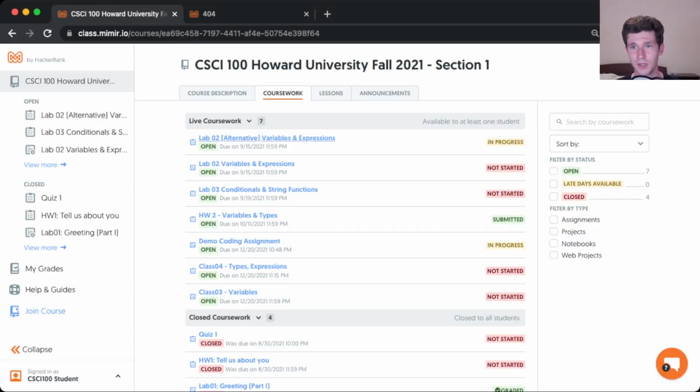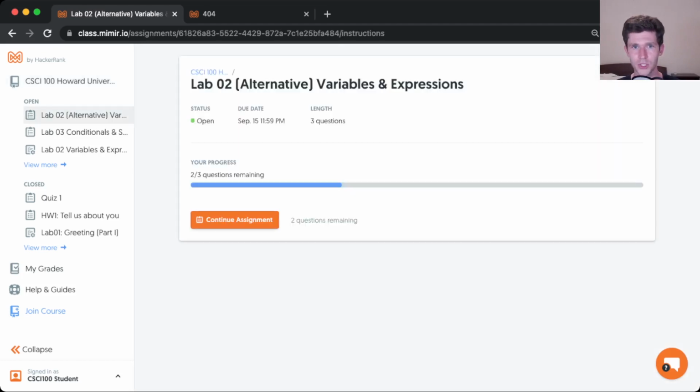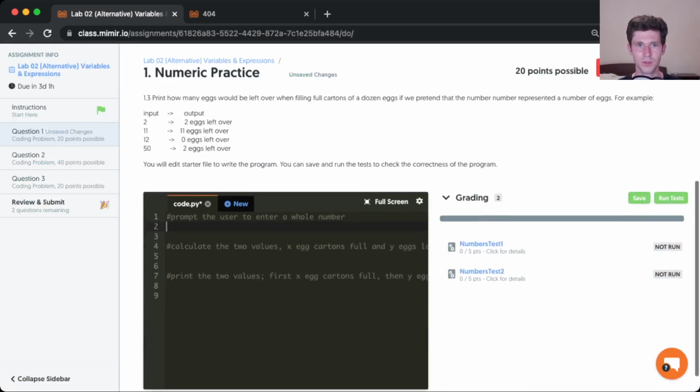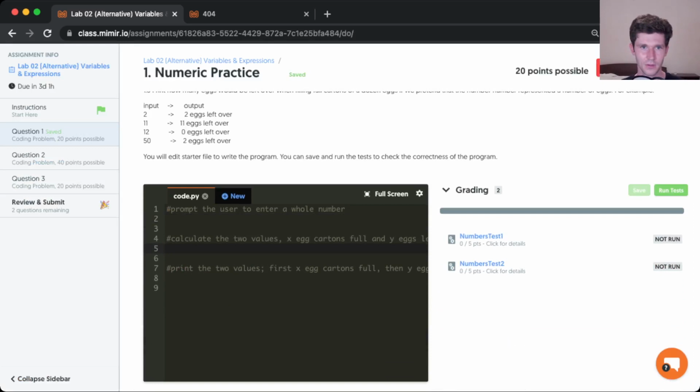We created a duplicate assignment called Lab 2 Alternative, which didn't use the IDE at all. If you clicked Continue Assignment here, there are these code boxes where you could type your code. Oh yeah, so I'll put back this print hello world line. Saved. And then you could run,